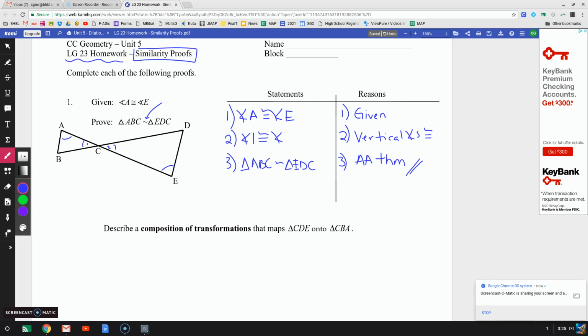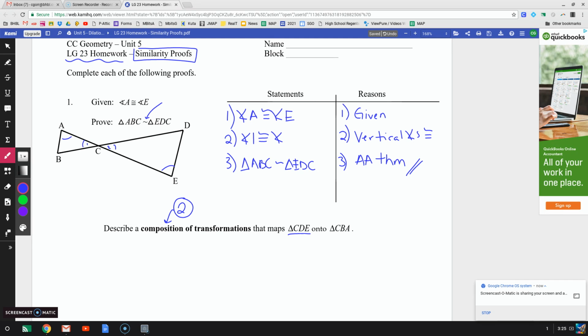Now, to describe a composition of transformations. Now, notice it does say composition, so that means that I'm going to do more than one. So here I'm going to use two transformations that is going to map CDE onto CBA. So I'm going to start with a rotation. So I am going to rotate triangle CDE about point C, 180 degrees. And I'm doing that so that C maps to C,